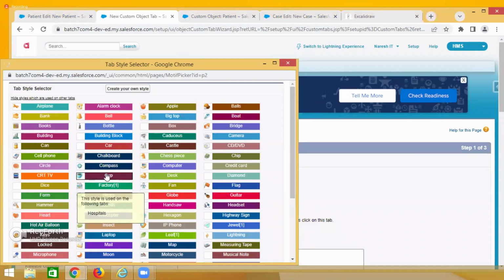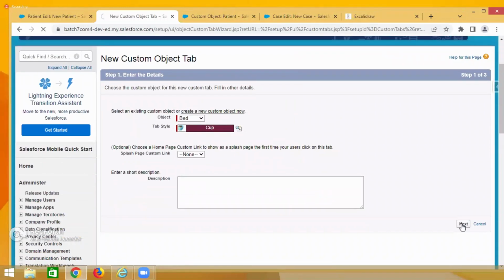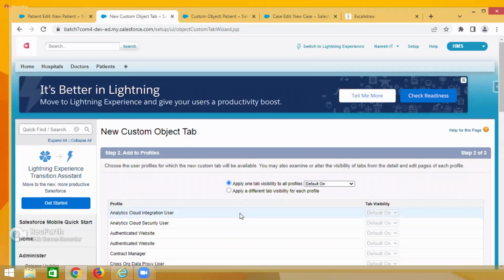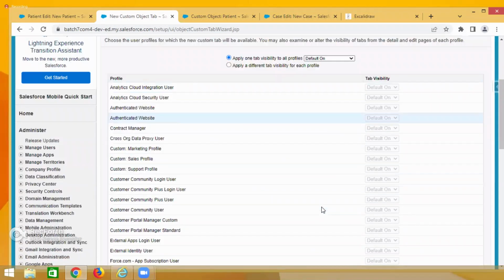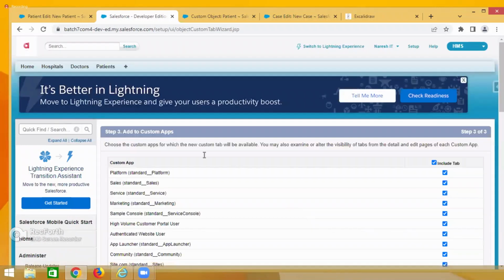Bed. Bed is any tab style. Next, default on. Okay. Next,